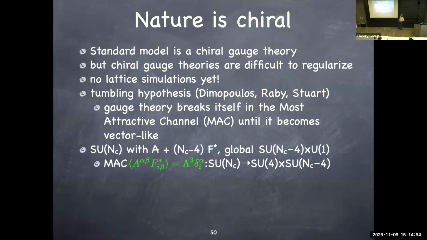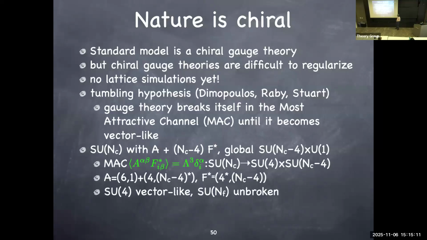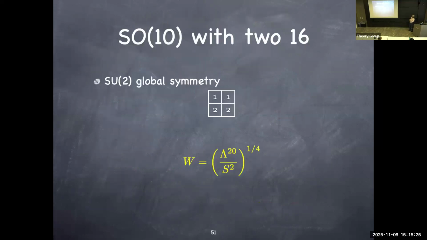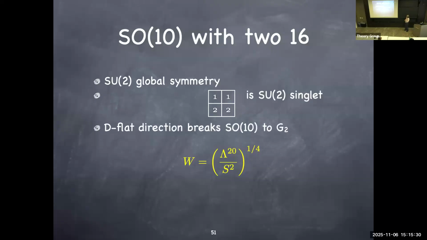And so if you apply this idea to an SU(NC) gauge theory with an antisymmetric tensor and a certain number of fundamentals, this argument will tell you there is a gauge non-invariant condensate that will break SU(NC) gauge theory to SU(NC-4). And there's a further breaking going on. In the end, the theory becomes vector-like, and they would predict that you have massless composite fermion states. That's the guess people came up with. But now that we do have explicit solutions, the simplest solution you can say is about SO(10) with several 16s. You can write down again non-perturbative effects.